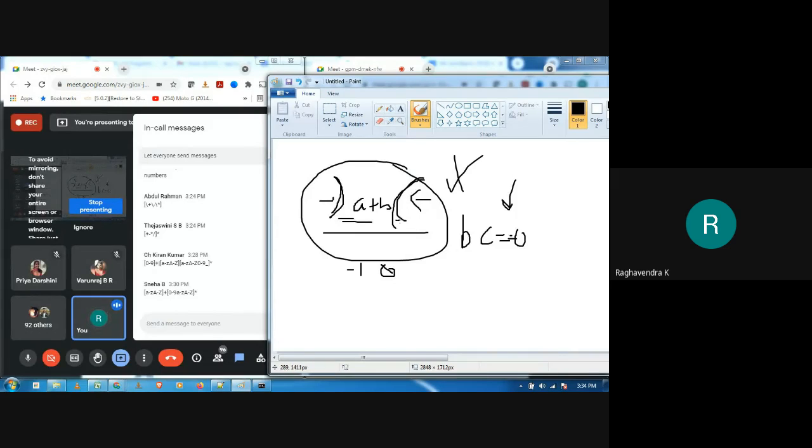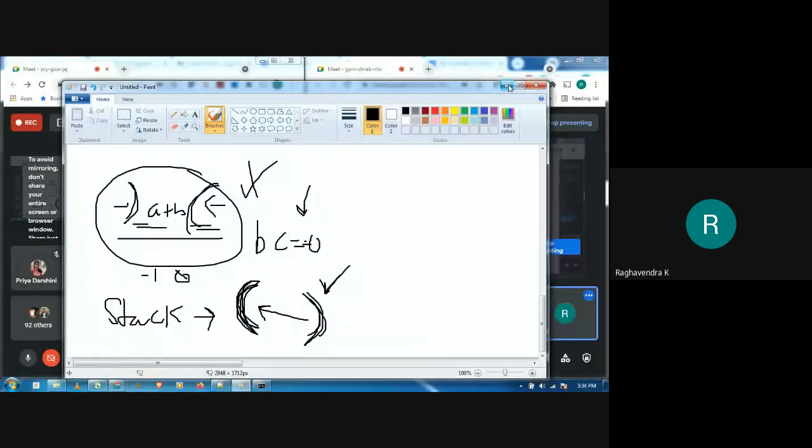So we will use a different approach here for brackets. Assuming that we give brackets in any form, we can make use of a stack-like structure to keep track of opening brackets and closing brackets. So I will only increment or decrement if I see something on top of the stack. When I come across a closing bracket, I will check whether there is a matching bracket on the top of the stack. If it is present, then only I am going to decrement. If not, then I'm not going to decrement. So using this logic, I hope you have got this.